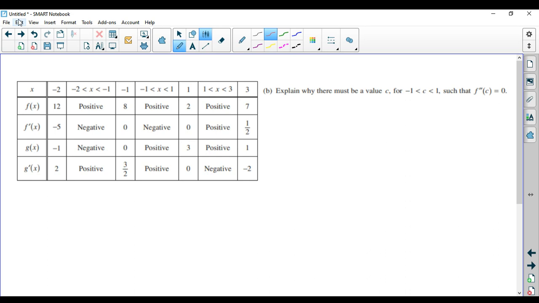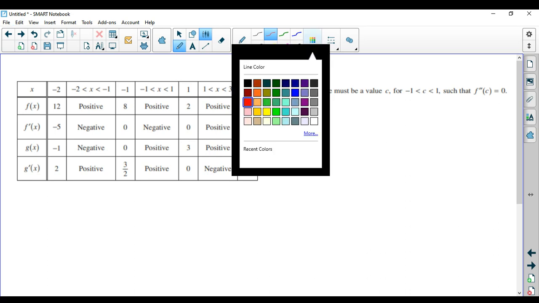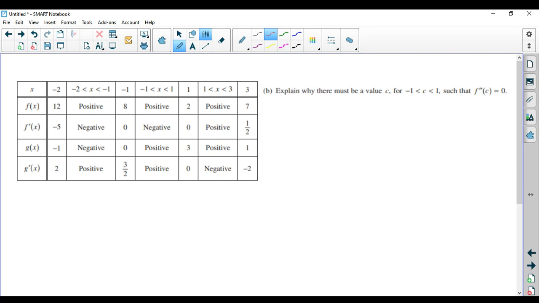So if we're talking about the second derivative, we have to go to the original function, well, the step above. Like usually we're talking about f prime of C equals 0, which we talk about f. But if we're talking about f double prime equals 0, we're talking about f prime. So we're going to apply the mean value theorem, and usually it's this: f of 1 minus f of -1,